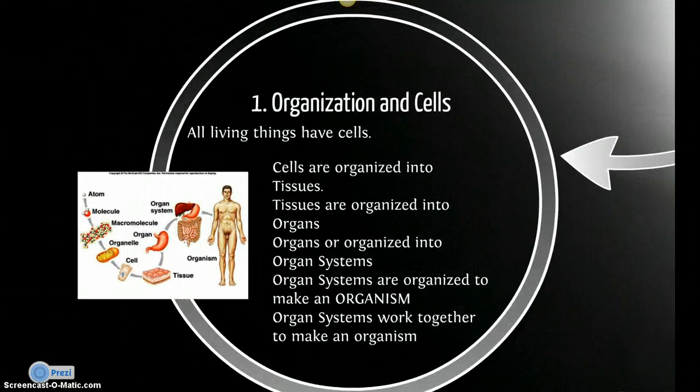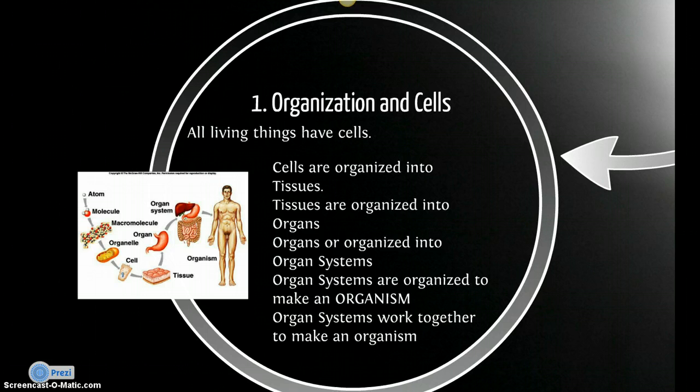Characteristic 1 is organization and cells. All living things have cells and they are very highly organized. The cell itself is very organized in organelles and things that it has inside the cell, including DNA. And living beings, larger multicellular living beings, are highly organized from the cellular level up to the organ level and